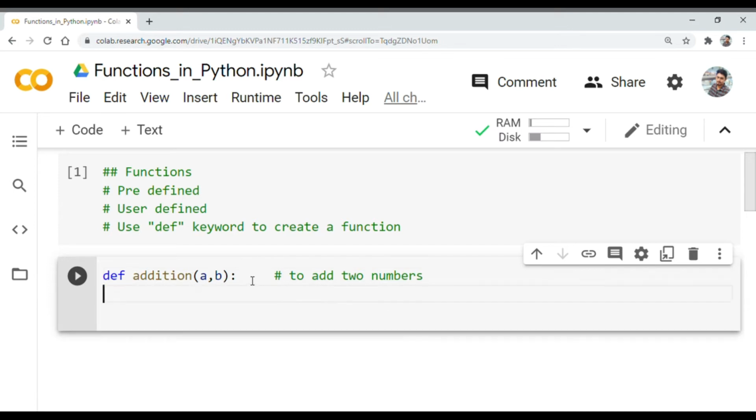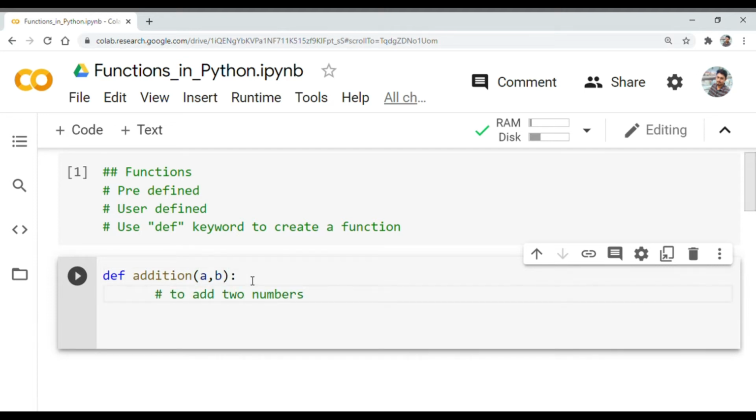So this is a function to add two numbers. Whatever you write after the hash will be a comment, and it will not be counted as code. I hope this is clear, so let's proceed with the further part of coding.